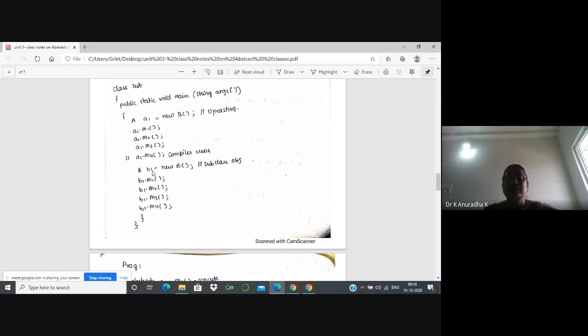With B1, M4 I can access. But with this A1 upcasting, I can't access the subclass member. I can access only the members of the superclass. Okay. Next, if you want to access all the members of the superclass and subclass through a subclass object, it is possible. So what is the output?